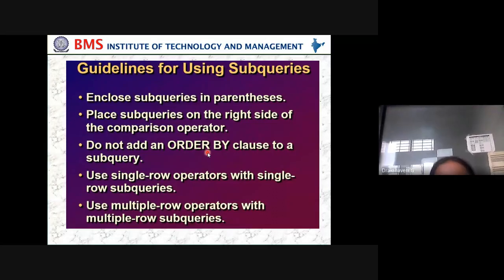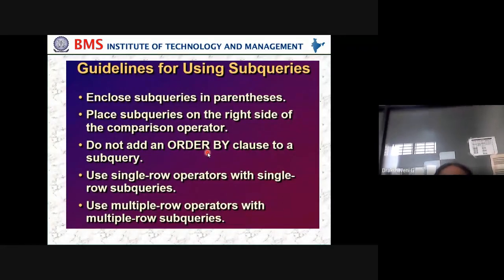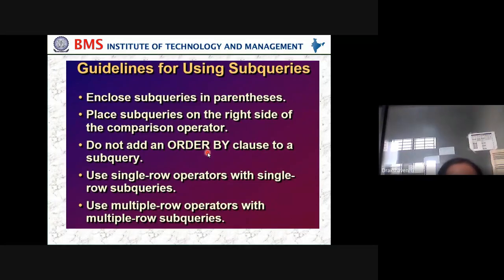We use ordering, either ascending or descending, but the guideline tells us not to use the order by clause when we are using subqueries. Then use single row operators with single row subqueries. We cannot do that with multiple rows, so try to use single row operators when using subqueries.